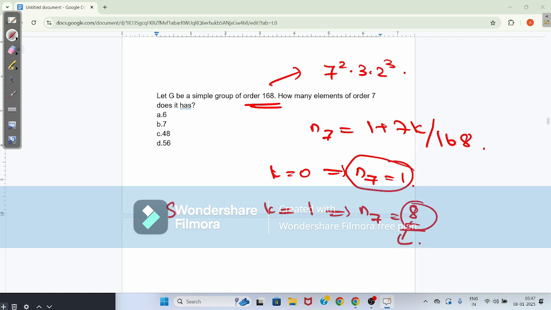So this is the simple group, so this value is not considered here, so we have to consider only this value. What will you get? 8 into 6 of 7. When you multiply this, this is the simple group, so we should not consider this value here. So n7 is equal to 8 here. So 8 into, how many elements are there here?